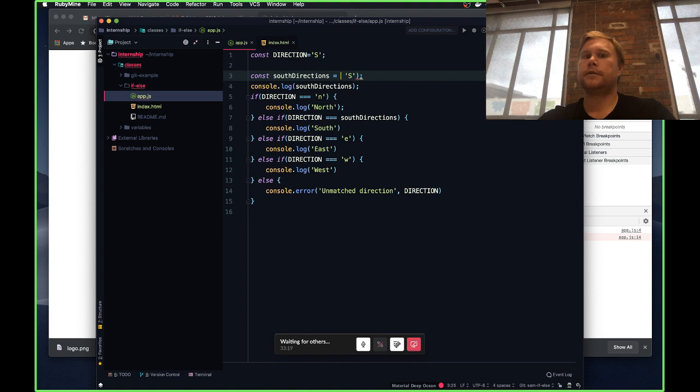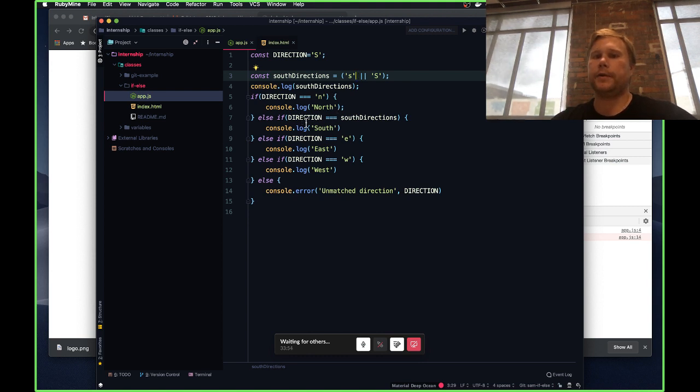Okay. So in the case where we have lowercase s or uppercase s, what is south directions? Lowercase s. Okay, because it's going to say that's truthy, so ignore everything after me. I don't need to worry about that or stuff. So it's the same thing as south directions equals lowercase s. If lowercase s instead was undefined, then it would just be uppercase s. Okay. So given that south directions is lowercase s,